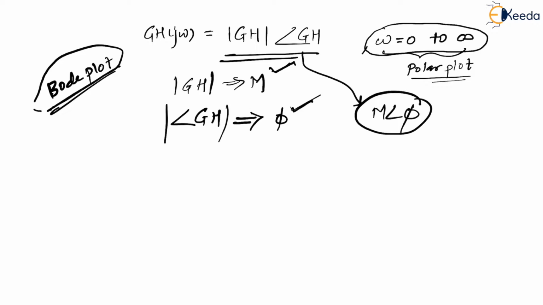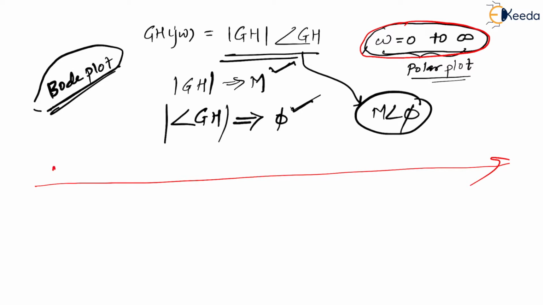Now, dear, please try to understand the concept. Omega equal to 0 to infinity: infinity is not a small number. Let me tell you that, infinity is a very big number. Now imagine that I go on plotting frequencies from 0 to infinity on this particular paper; I cannot show that. Hence, in order to show the frequency, we use something called a logarithmic scale.